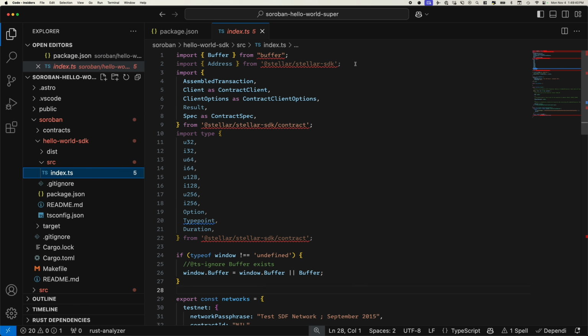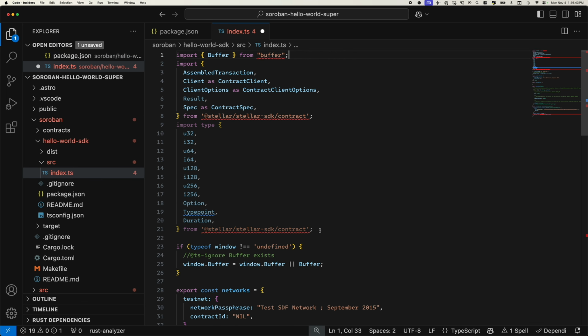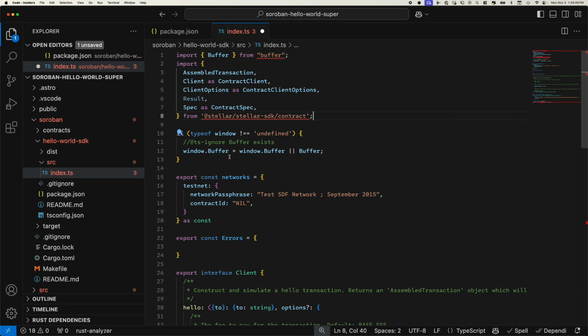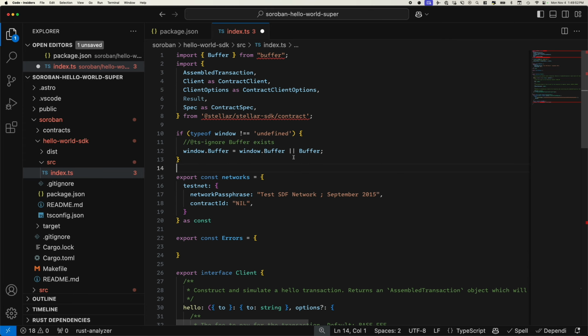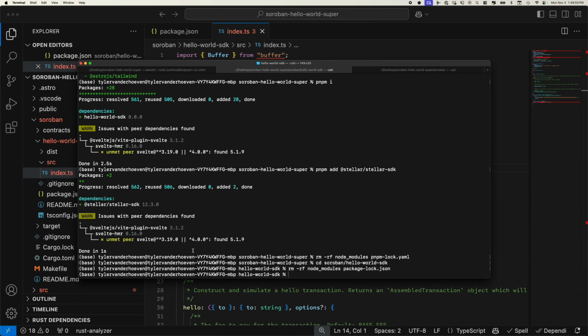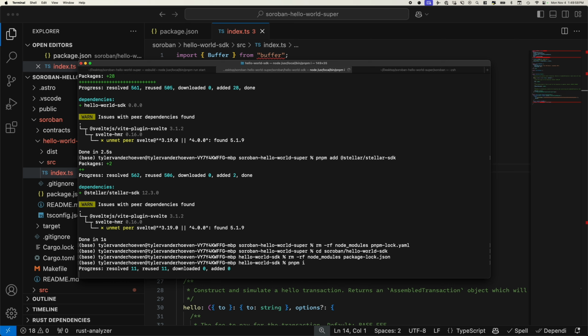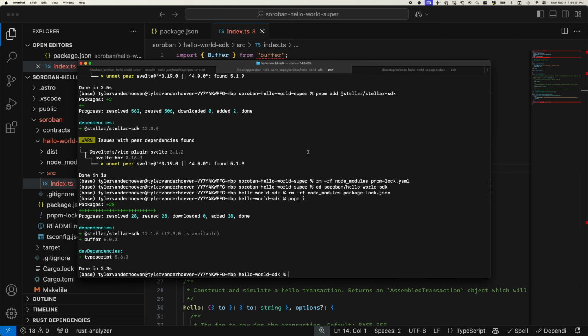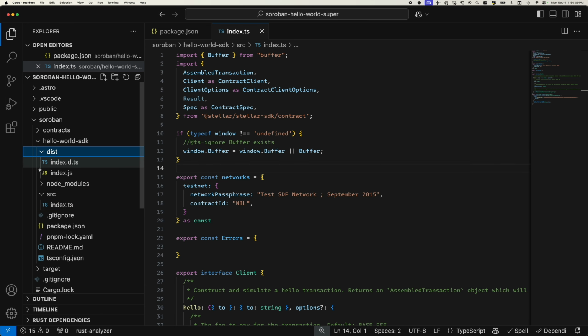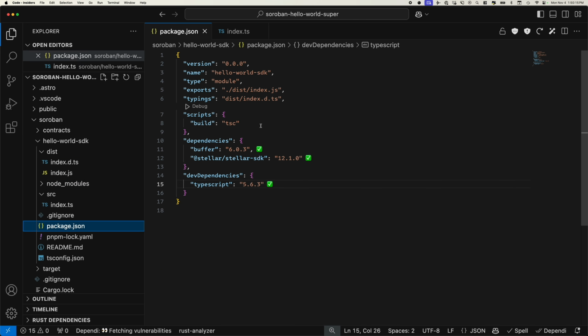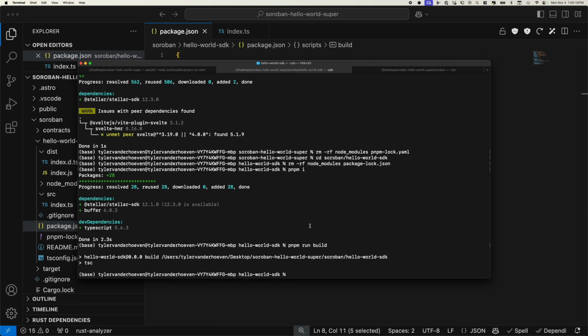Let's say I want to go into source and remove some items that are not being used. I can go and clean up things. I can format my document to just clean the code up a little bit. Do all that stuff. I need to make sure I do pnpm install to get all the packages for that. Oop, that one. Oh, that is the Hello World SDK. And then I need to make sure I do pnpm run build. So you actually do use the distribution folder here when you're importing it. And so if you make a change, you need to make sure you rerun the build command to get the updated version of your